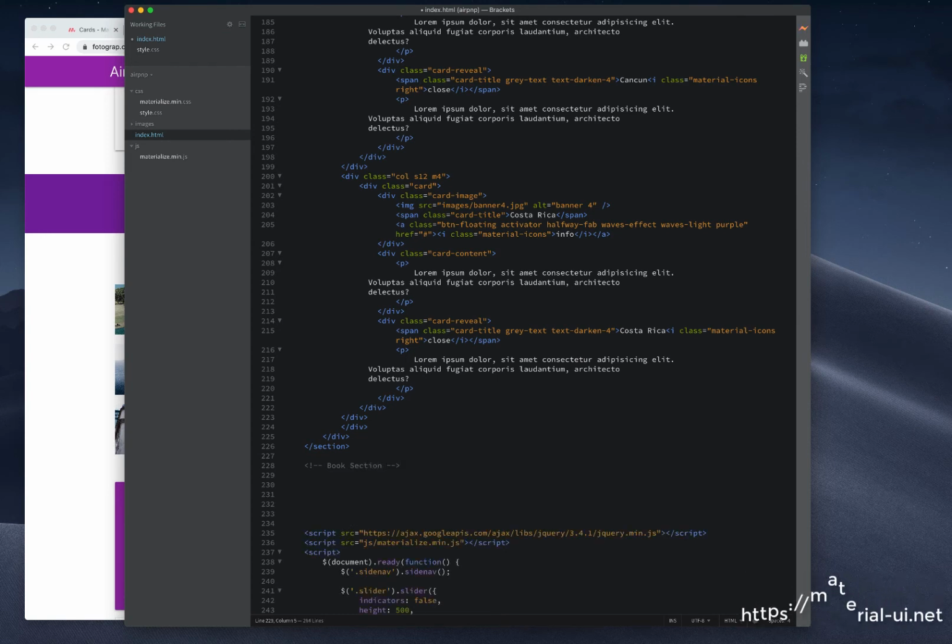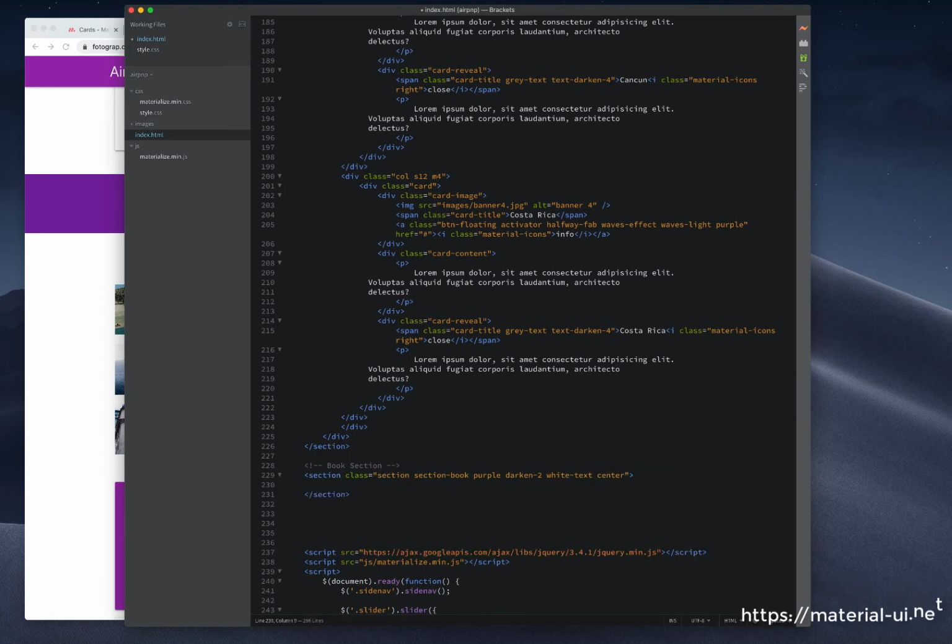Do the same section. Section book and purple, darken to white text, and center it,